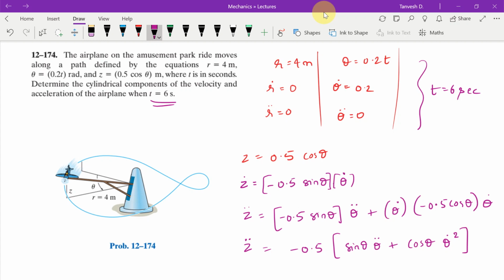Only now z is given in terms of theta, right? So what we'll do is find theta when t equals 6 seconds, and put theta here. Similarly theta dot is 0.2 only, and theta double dot is anyway 0. So see,